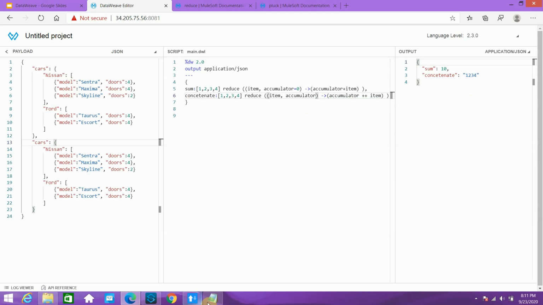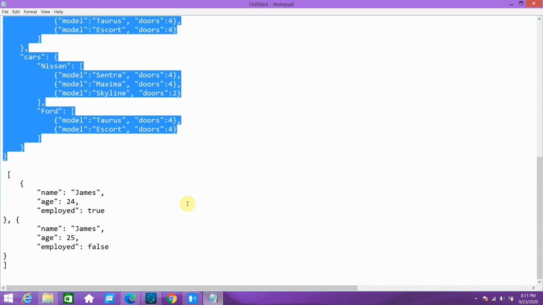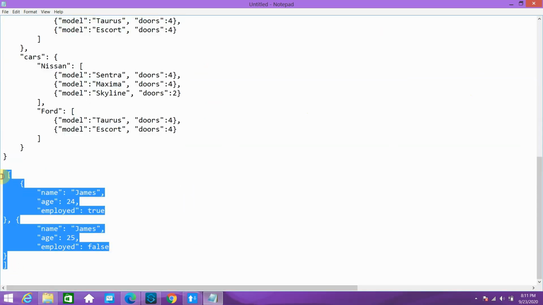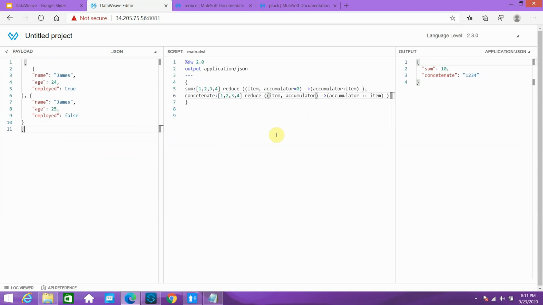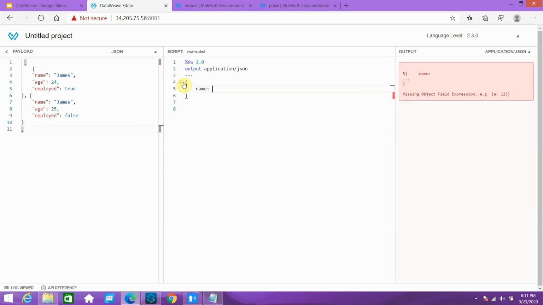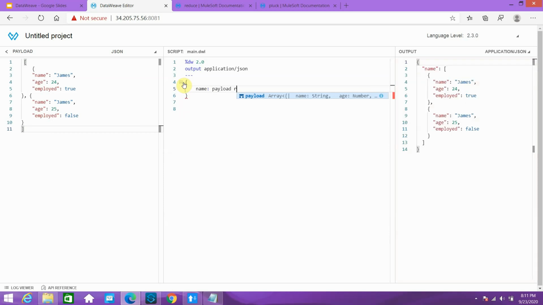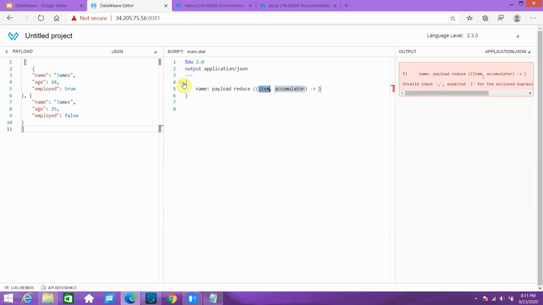We will take some complex examples also. So I have this particular payload. Let me remove this. I just want to display the name. I want to reduce to name. So I can say payload reduce item accumulator. Okay, and I can initialize the accumulator with an empty array.